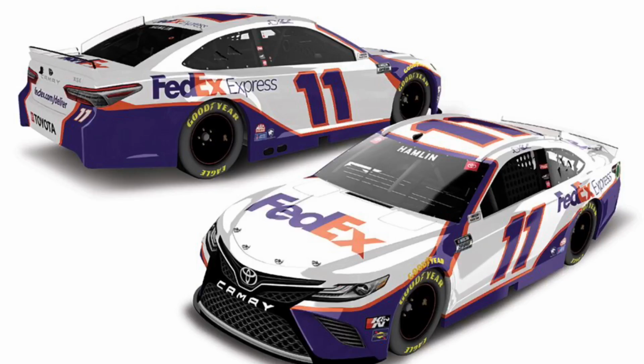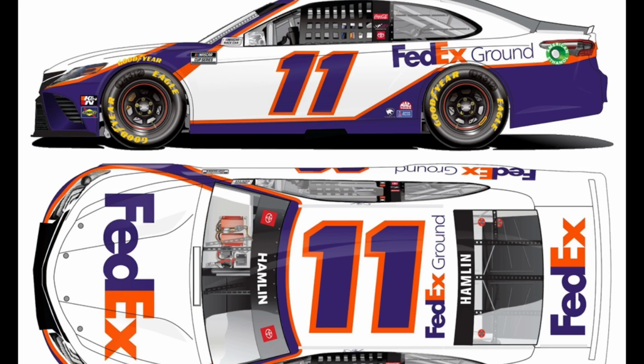But for some 2021 Hamlins, here we go. So just like last year, we're actually going to get the FedEx Ground and the FedEx Express car. Wait, no, last year we got Freight, wasn't it? Yeah, okay. Last year we got the FedEx Freight car. So now we got the FedEx Ground, we got the FedEx Express, and then last year we got the FedEx Freight. So I'm actually really excited about that, to get the same Denny Hamlin paint scheme with 3 different branches